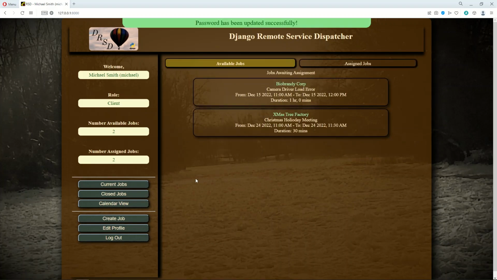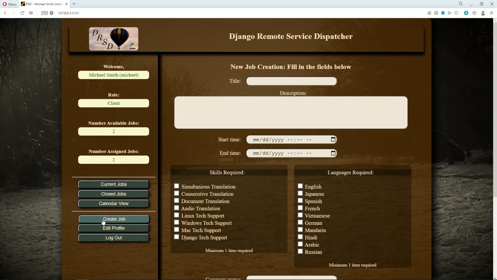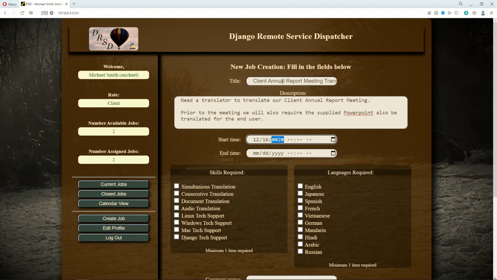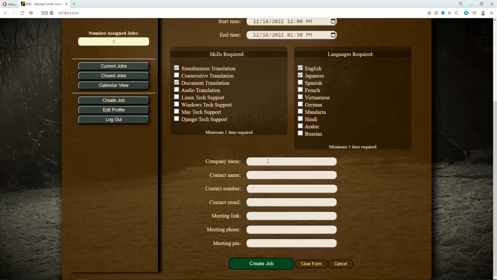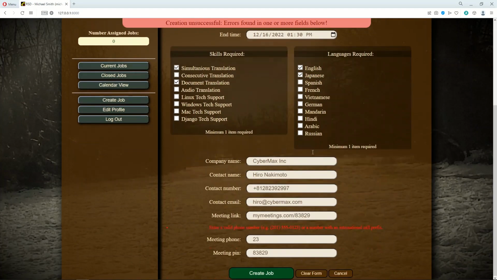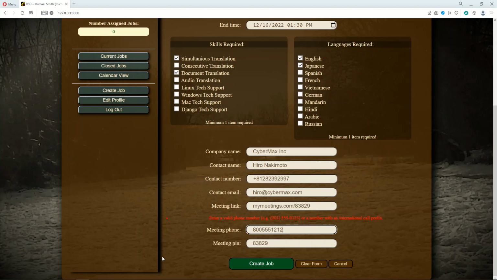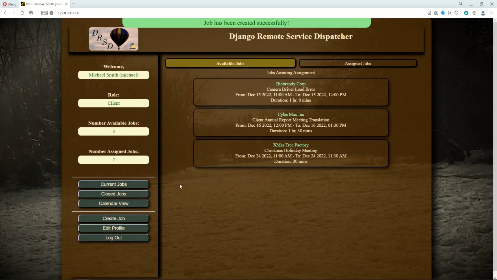The primary role of a client is to create jobs. Here we enter the title, the description, the start and end time, and this will be simultaneous and document translation from English to Japanese. And then we fill in the end user contact and meeting information. Any problems will generate an error, but once corrected, it'll successfully create the job, and now it shows up as